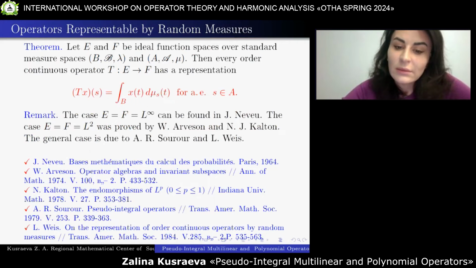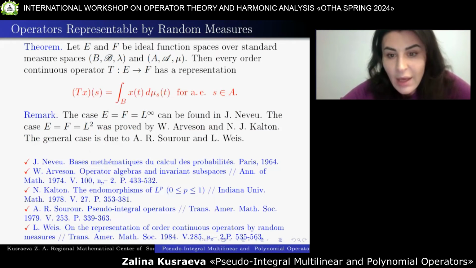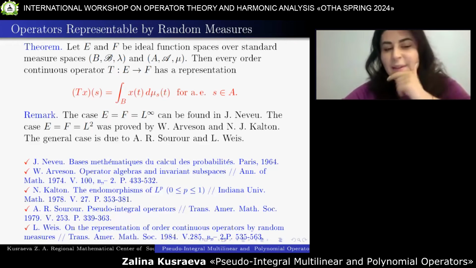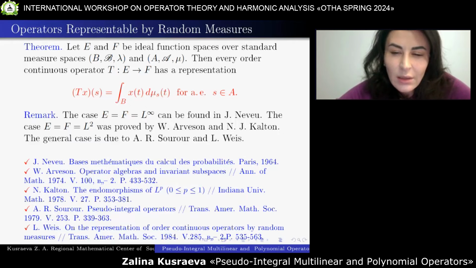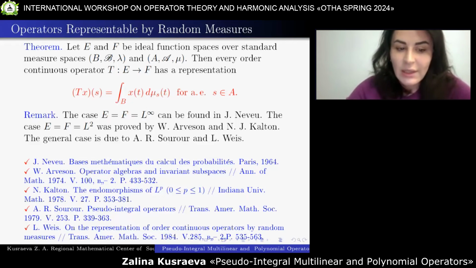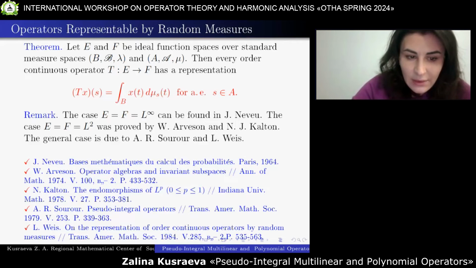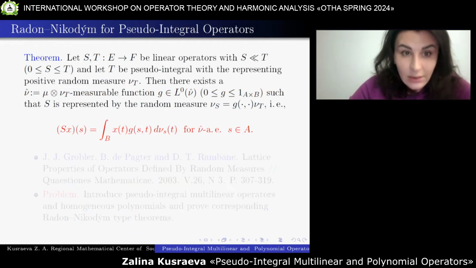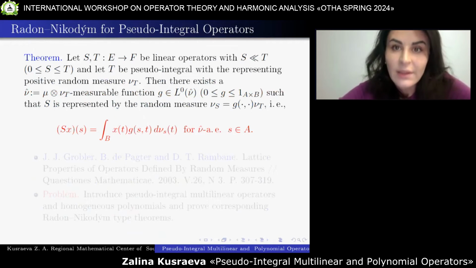The analogous independent proof was found by Sourour, and Weis obtained the general case. He proved the general case. So here the literature is presented, and now we can formulate the Radon-Nikodym type theorem for linear pseudo-integral